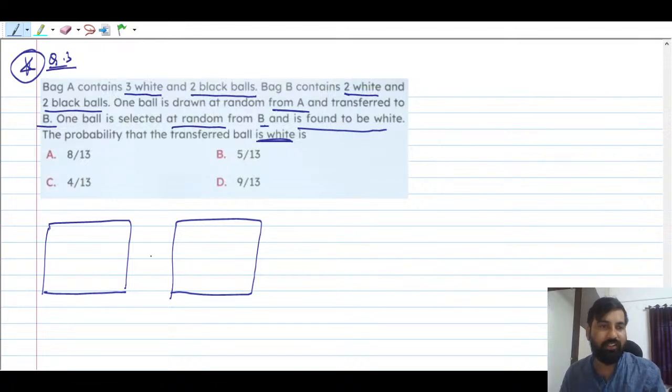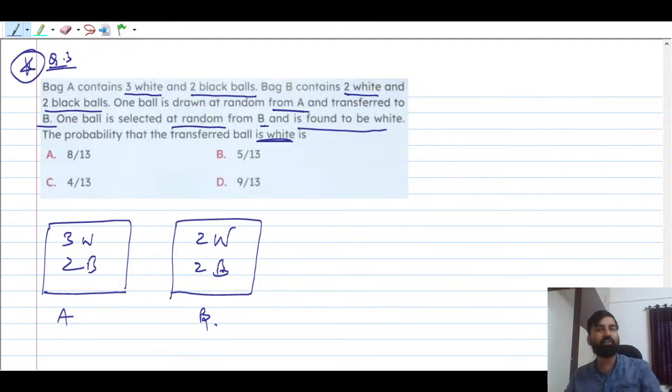So these 2 bags are there. You can say 3 white and 2 black, and then 2 white and 2 black. I think this is clear, right? Suppose this is A bag and this is B bag. Now what you're doing is one ball is drawn at random from A. It can be white or black, and transfer to B. Just take one ball and transfer to B. One ball is selected at random from B,